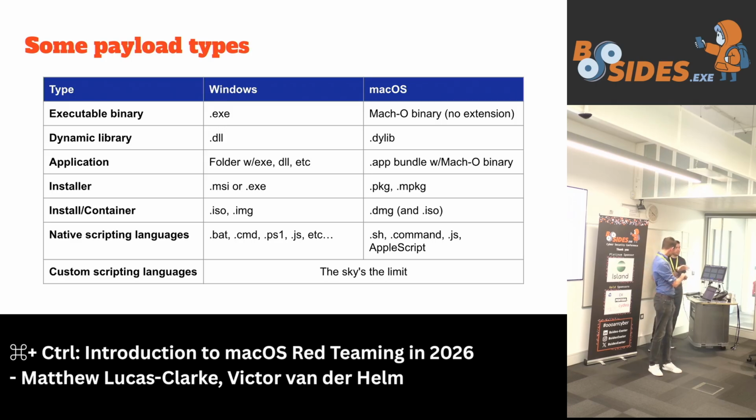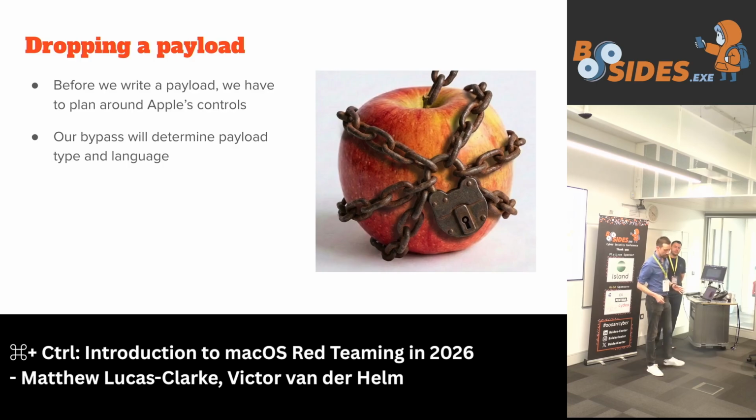But before we pick our favorite of these and start writing malware, we need to actually think about what we can realistically get running on a device. It's all well and good writing some malware that works as an installer package, but if you don't have a way of getting an installer package to a macOS device and running it that bypasses all those security controls that we've run through, you'll have wasted your time. So before you start writing a payload, you need to find some sort of bypass to some of these controls.